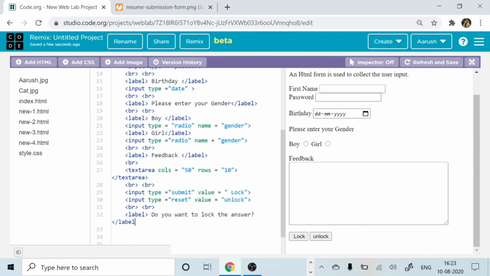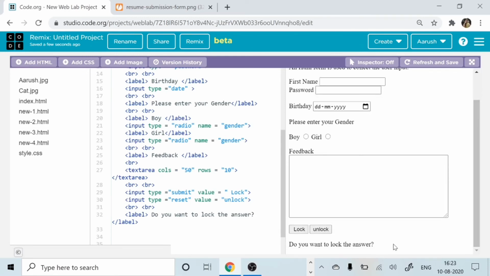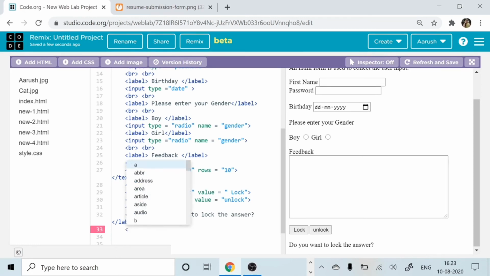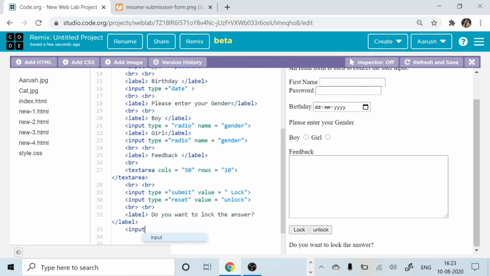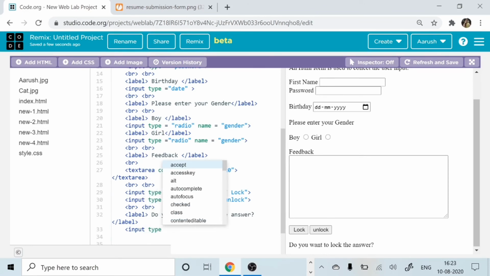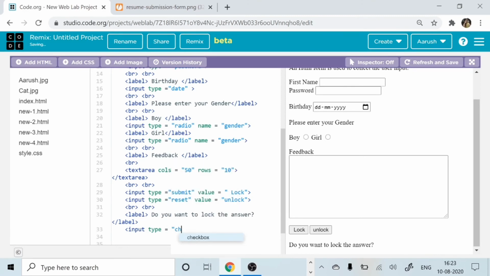It need not be in the question form, it can be in the other form also. So you're saying, do you want to lock the answer, right? So I want to keep it in the checkbox form. So what will I do? I will go like this. I am going to put input, then I'll put type equal to, and here I am going to put checkbox and close it right there. So see, you have a checkbox here now.